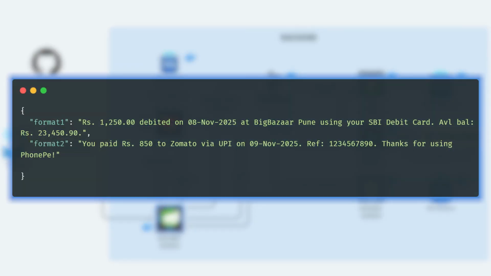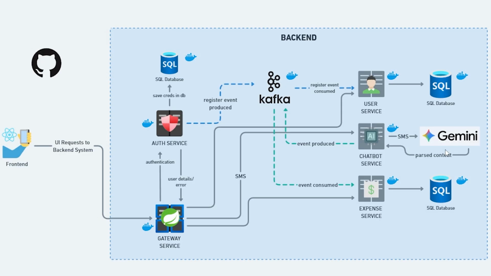Because if you notice, each and every transaction message is in a different format. It could be a different bank, it could be a different merchant. So we have difficulty extracting the details out of that. Maybe we can use regular expressions, but it could be very vast, so it is very difficult to pinpoint some detailed values. So instead I have used the chatbot service, which will forward our SMS to Google Gemini, which is a very intelligent system, we know. It will parse all the content and return it to the chatbot service in a readable manner that our system can read and understand, and we will focus only on those values that are important to us, but in